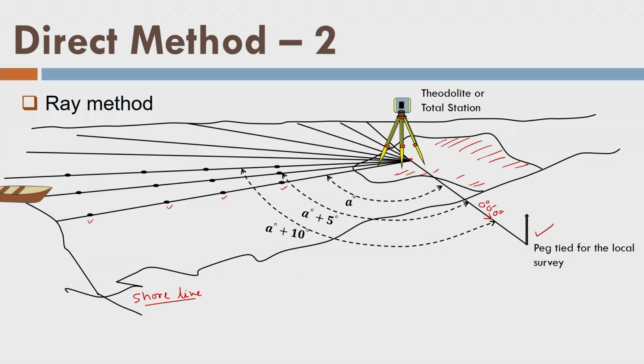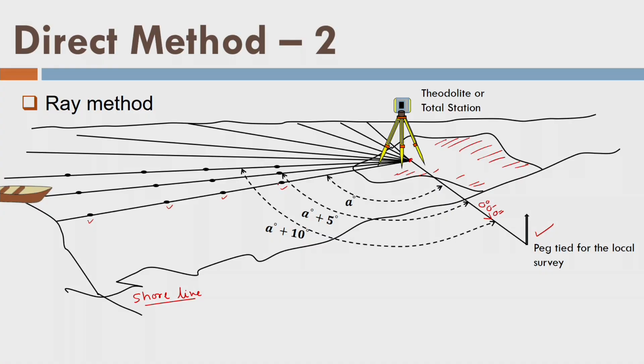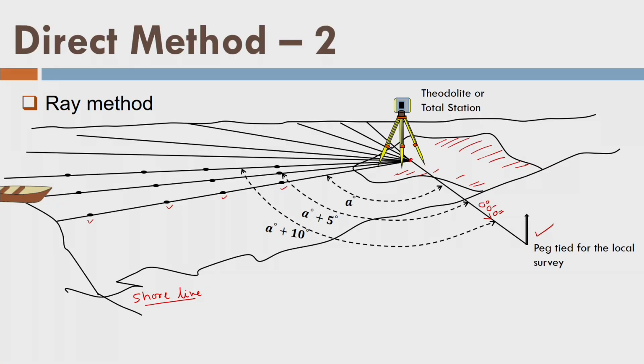Any ray line can be stretched with the help of a float line, or we can even use the total station or theodolite to measure these distances. But the issue here is, since we are measuring these points at a regular interval, I need a device which can provide me the data at regular interval, and that is why the float line is the best solution here. So spread the float line maybe with the help of an anchor on the other bank, or with the help of another boat. Another boat is stretching the float line, and at one end it is anchored at this point here, and then the boats are moving. Fine.